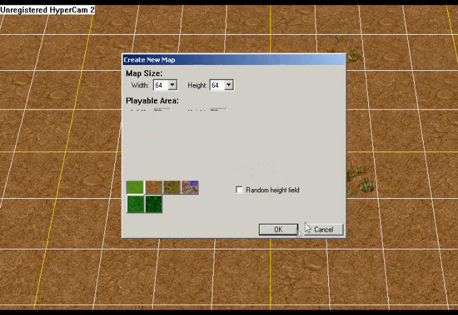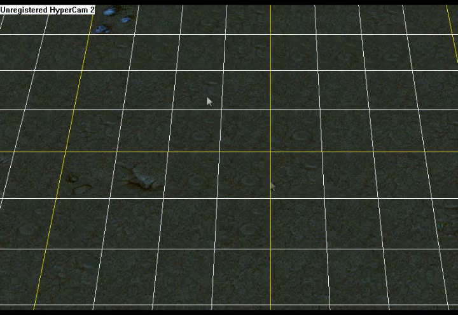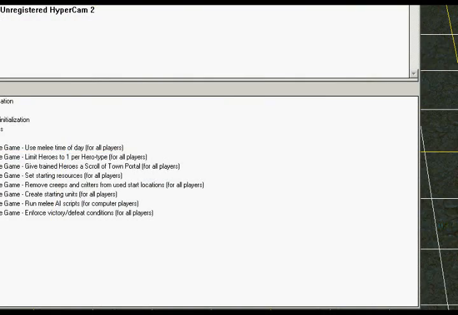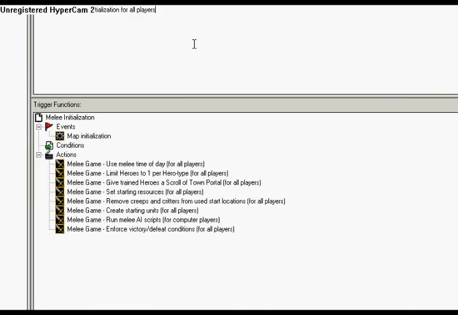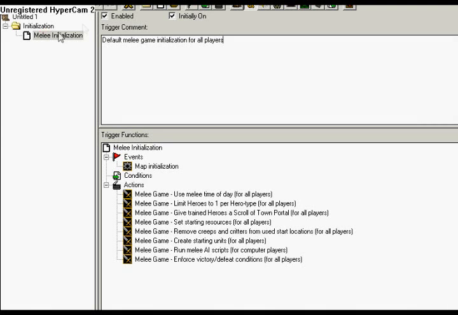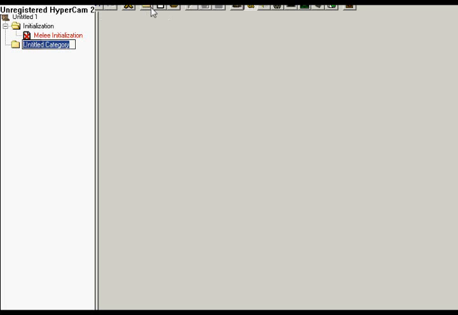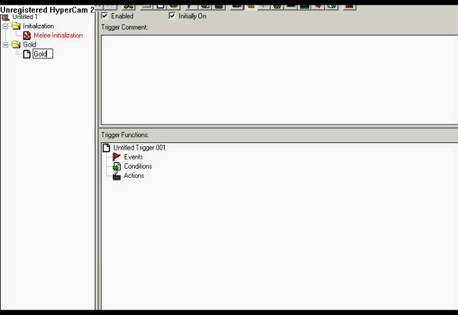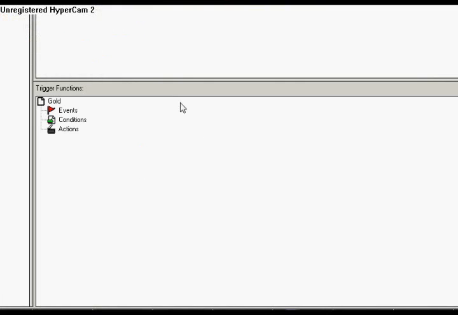Okay, what we're going to try today is to create a trigger which will enable the host or the player red to give an amount of gold to whichever player he pleased, and the amount doesn't have to be specified in the trigger. So what I'm doing now is just removing the melee initialization trigger, and then of course creating